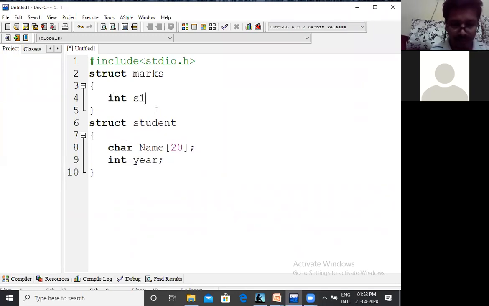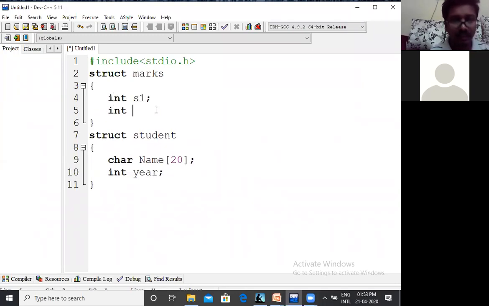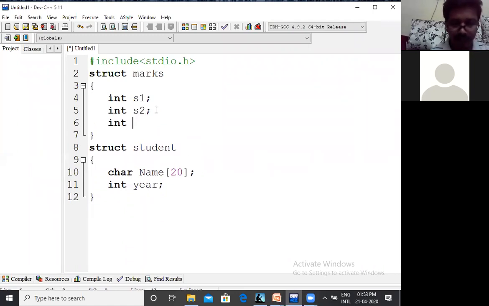First, subject 1, subject 2, subject 3. Now I will give name of that variable also. Now here marks structure is created that contains 3 individual marks. I will give m as the variable name of the marks.